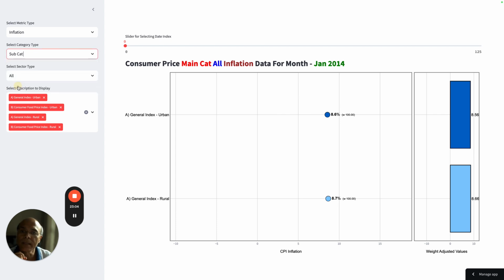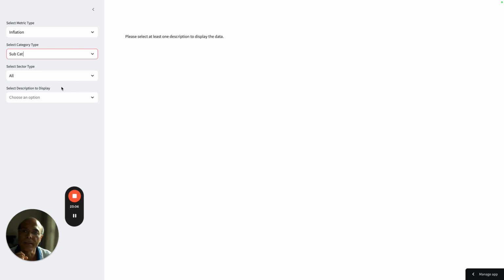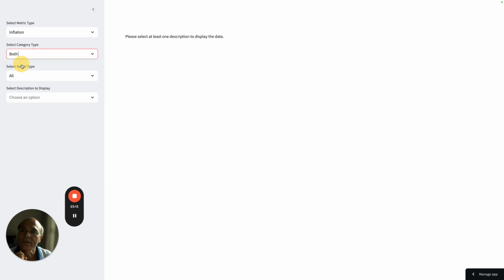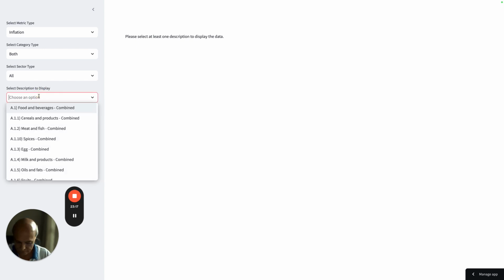Let me just do it again. So all, and here also both, and we are going to choose again. Let me do general index. This is a new program, so there could be some level of instability. I will make those corrections later.